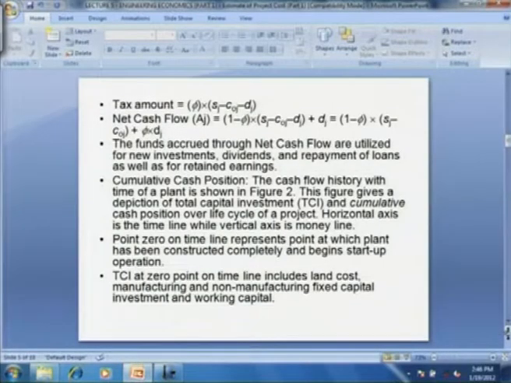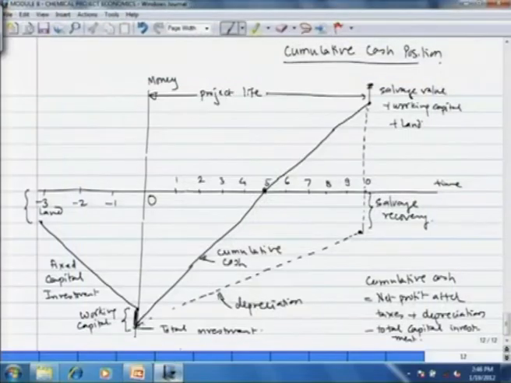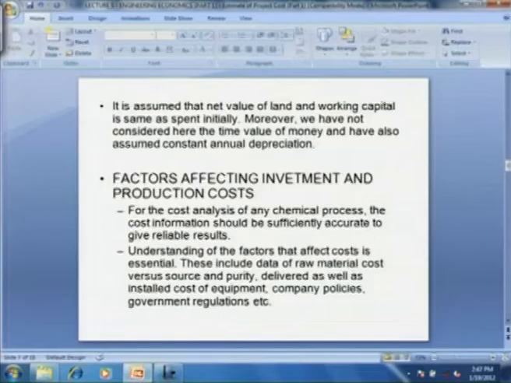Now, how do you relate the relative profitability of the process? The earlier this cumulative cash line crosses the y equal to 0 line, the more profitable the process is. For example, if you have a process which is like this, then it is more profitable than the other initial process, because here the cash accruals are high, therefore the money grows very rapidly in time.